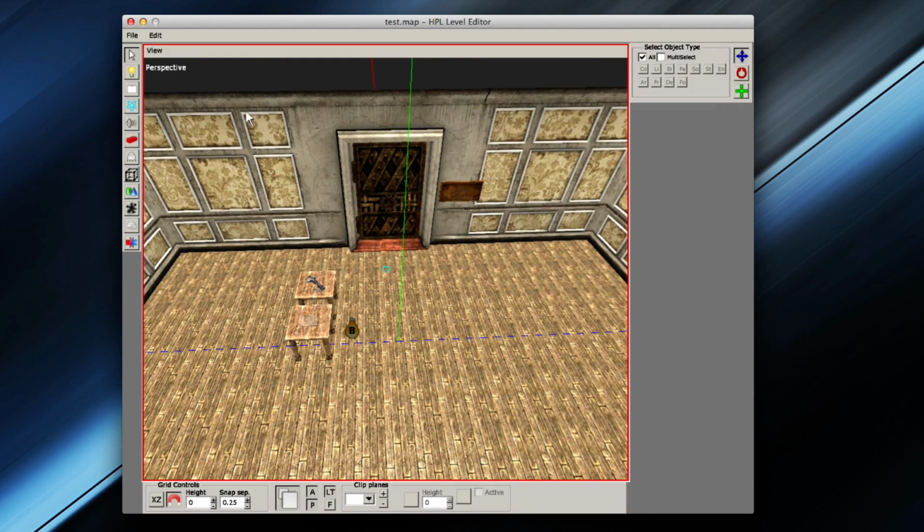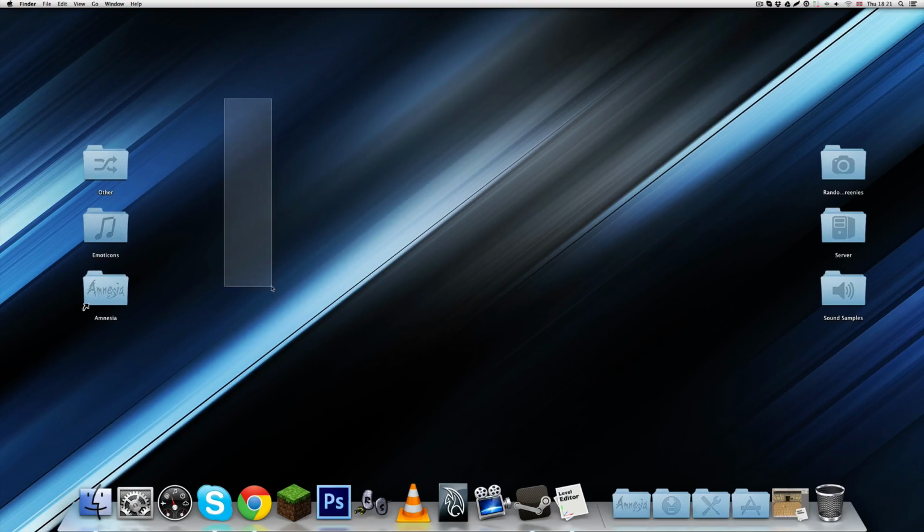Anyways, first of all, if you do not have this file, we're probably going to have to make it, unless you want to download my example file that I have in my description. You can download that and use that as a template of sorts. I have made it a little easier to read, I suppose. But anyways, I'm going to be creating one from scratch as well in this video, so that you can see how to do that yourself if that's the way you prefer to do it.